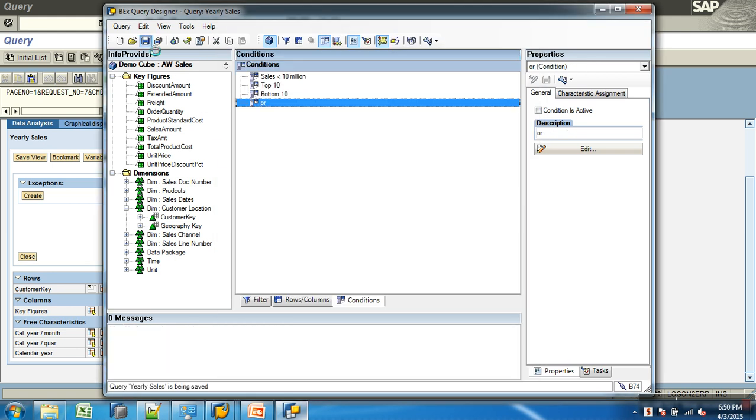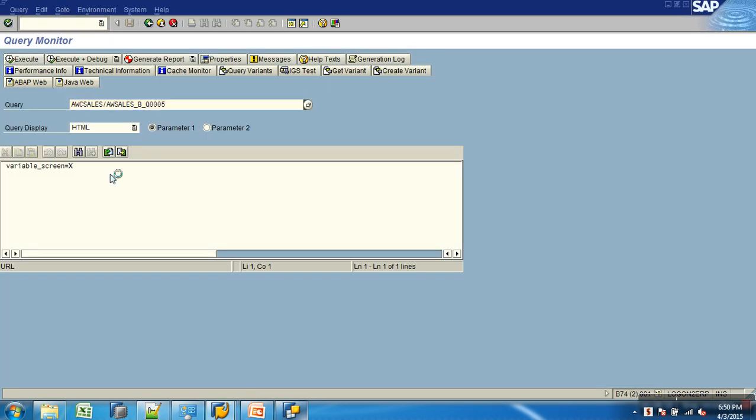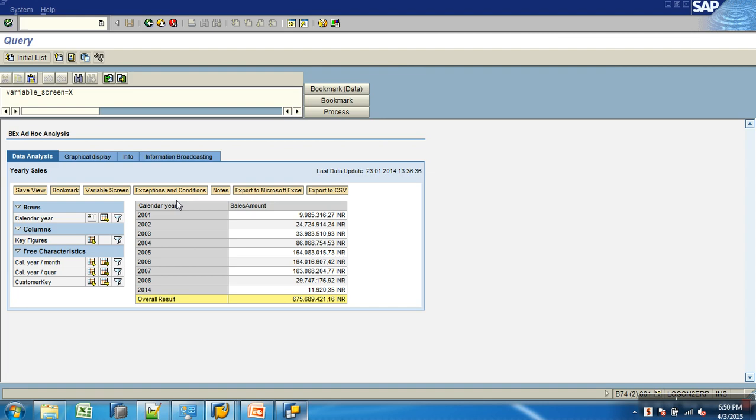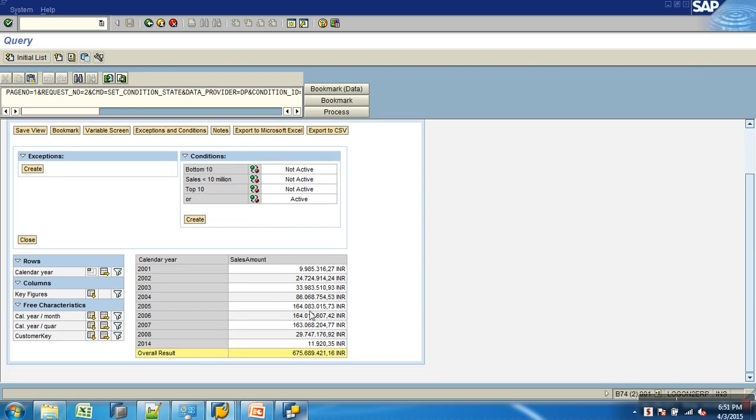I said greater than, less than 1 crore, greater than 1 crore. If I activate this condition, anni చూపిస్తుందని అర్థం ఏంది? గ్రేటర్ చూపిస్తుంది, లెస్ చూపిస్తుంది అంటే ఆర్ కదా. Yes or no? Or. So when you have multiple criteria in a single condition, you build with or. Where conditions, they say and. I know the answer. Just make a confirmation.